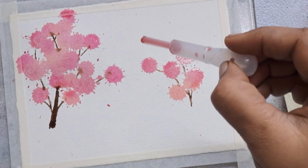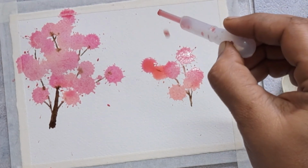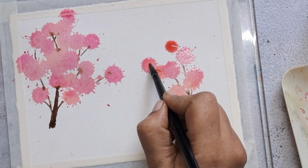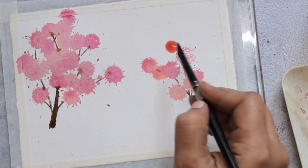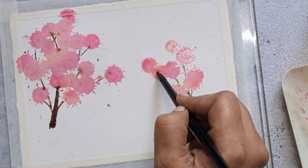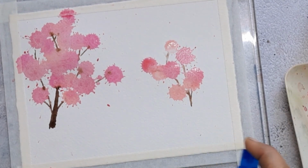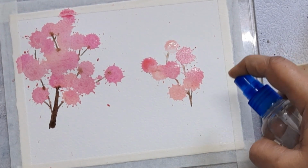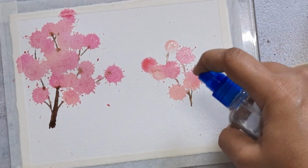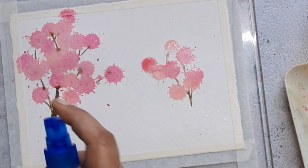Here I'm adding additional droplets using rose madder pigment to create a balanced look for the branches of the tree. Also, I'm using a damp brush to suck up all the excess pigment on the droplets. After that, using a spray bottle, I sprayed clear water below the tree trunks. While using the spray bottle, be careful not to mess up the